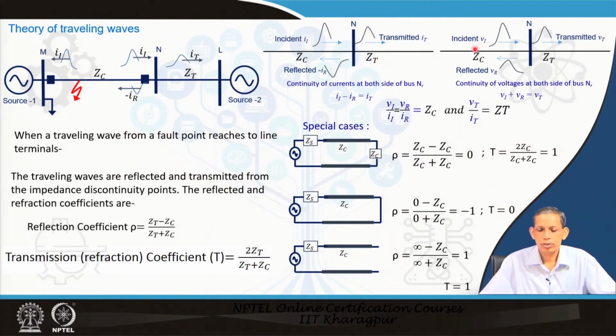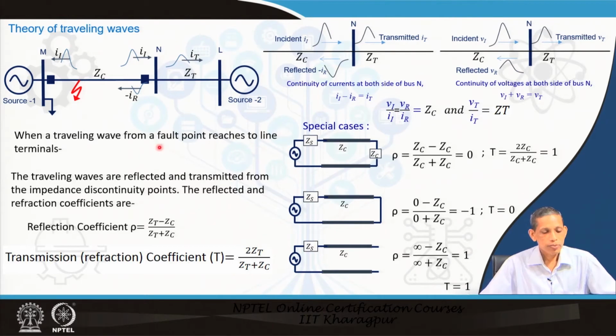And then in this case also, for the voltage case, we have the corresponding incident plus the reflected equals the transmitted. So that is being maintained. That leads to our conclusion that the transmitted wave can be obtained from the incident and the reflected one. And in all the cases, V_i upon I_i equals V upon I in the associated medium. So that equals Z_c in this case, and Z_t on the transmitted side.